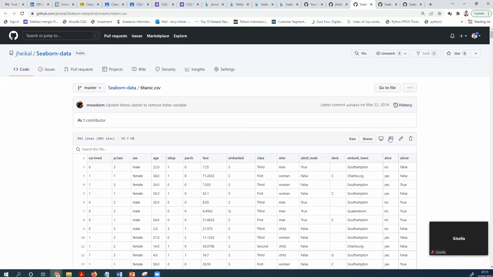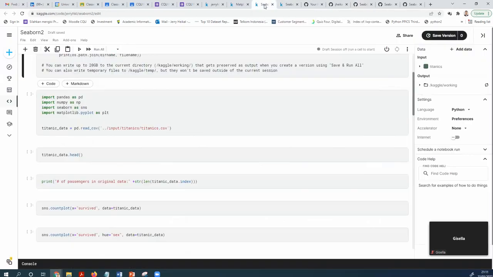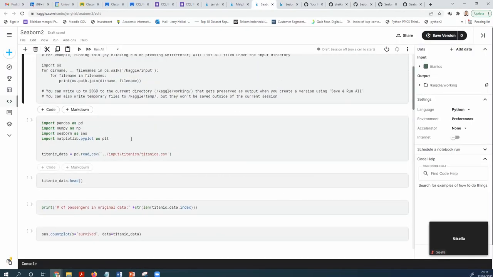You can import, compare again, and then upload the data to Kaggle. Alright, so you import pandas as pd, numpy as np, seaborn as sns, matplotlib.pyplot as plt, and then you read the Titanic data.